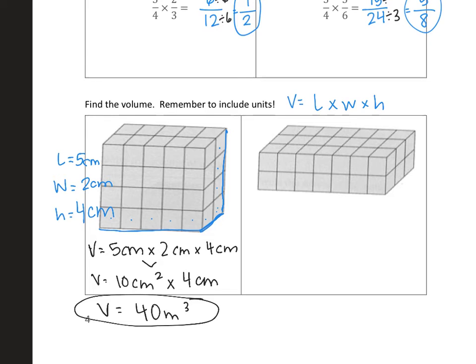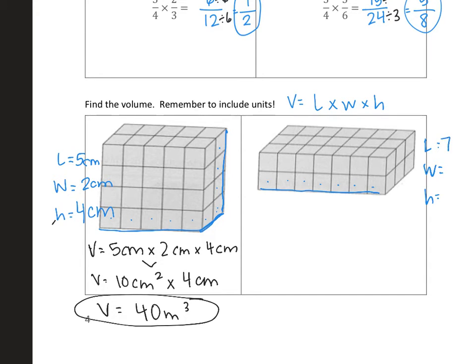Okay, go ahead and see if you can do the next one on your own. Pause the video. All right. So again, we have the length, the width, and the height. All right, so the length here, you should have gotten